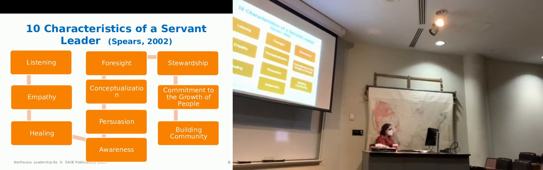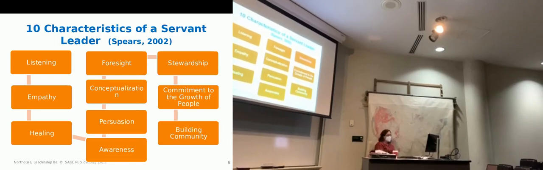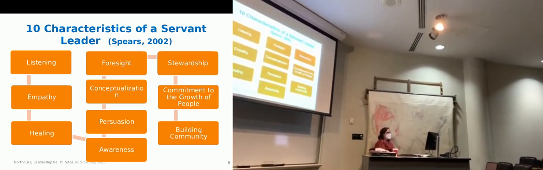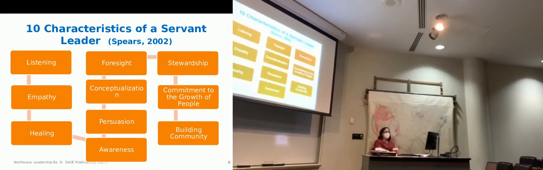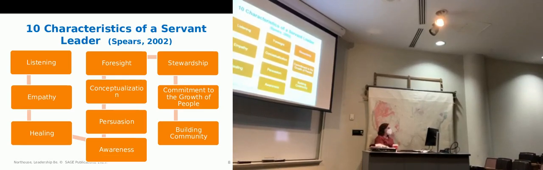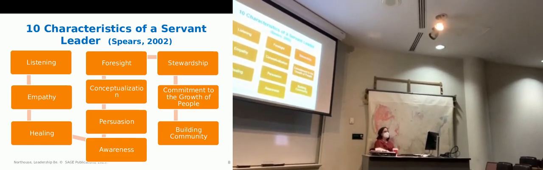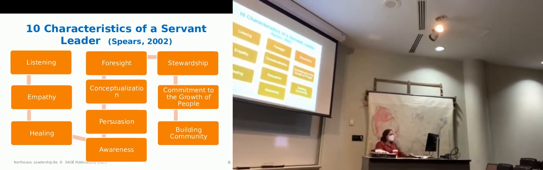Healing. It's this idea that you're going to help people become better. If they have struggles, if there's things going on, you're going to be a healer. You look at people as a whole. I know that sounds really fluffy, but think about, again, this idea of conflict resolution. Can you walk away from a situation thinking that a conflict is solved and yet people are still hurt? Yes. Servant leadership is going to try to avoid that. Once resolution's been reached, the hope is that people walk away still feeling healed, feeling whole, and not holding grudges, not feeling hurt.